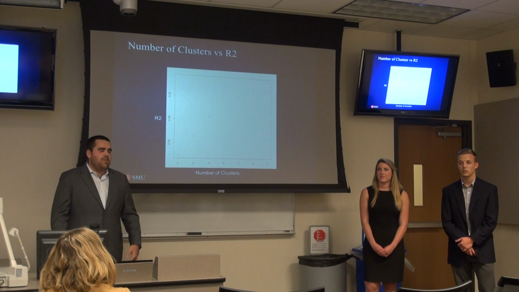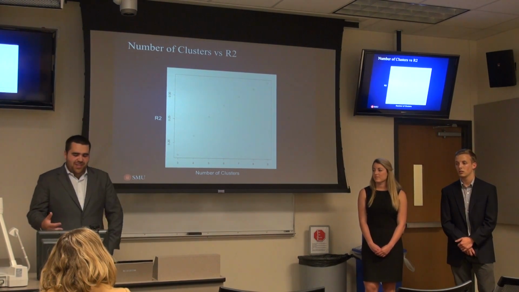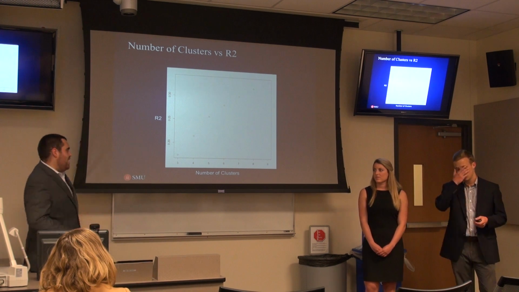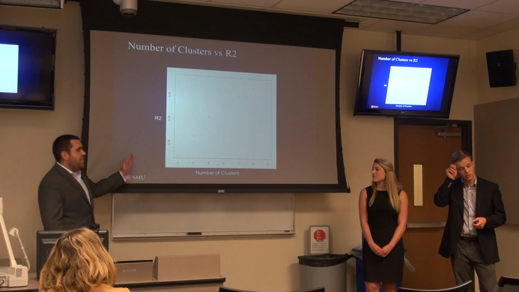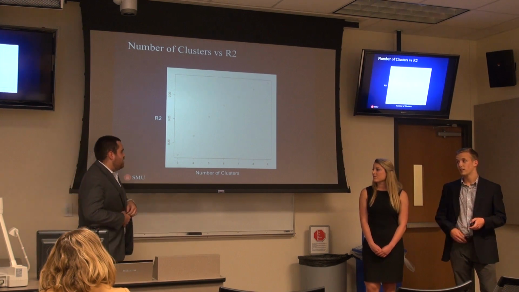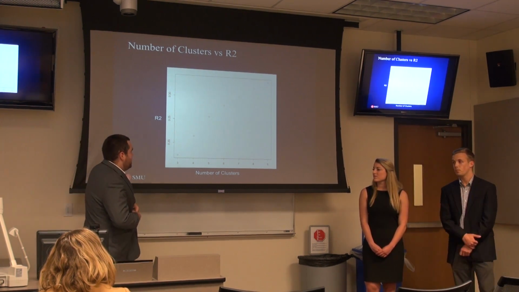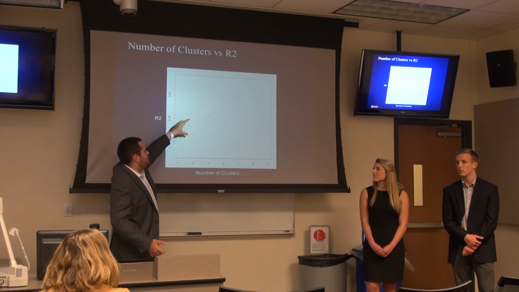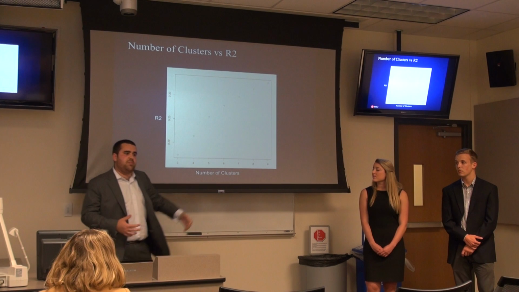To choose our optimal number of clusters, we did a lot of things, but first of all, in the R code, we created a graph that compares the number of clusters with R squared. We learned that if the increase from one cluster to the next is big, then the clusters will have enough differentiation from each other. But if it starts reducing and reducing, as you can see, it starts plateauing.